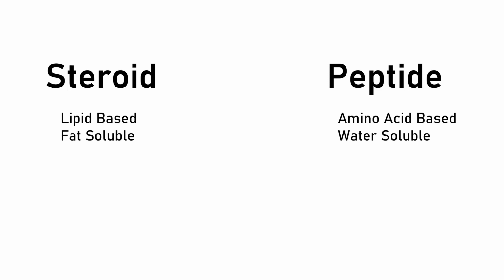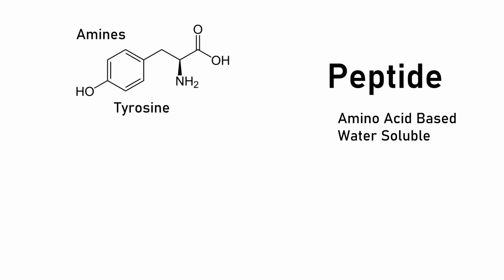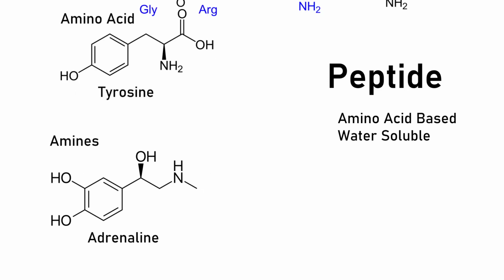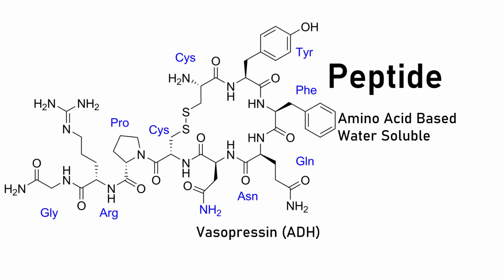Now you have your peptide base, which are your amino acids, and peptide is protein, and so you have very small single amino acid, so you have tyrosine here, which makes up the amine hormone group, which is like amino acid, right? Not very creative in their name, so amino acid, amines. And things like adrenaline are the single amino acid based components. Then you can get a more complex chain like vasopressin or antidiuretic hormone, and you can see now the complexity that comes in. These are really complex, and it looks complex, but this is nothing more than a bunch of amino acids that are linked together.